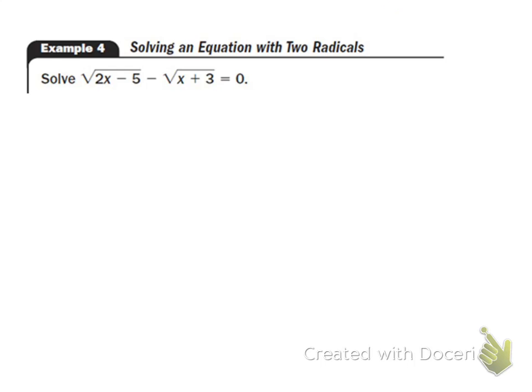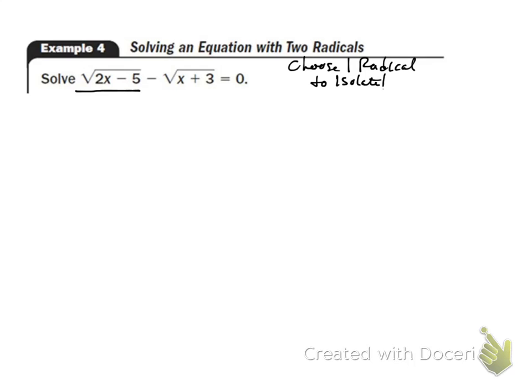Example 4. Here, I have 2 radicals. This is where you have to make a choice. Your first job is still to pick, and let's write this down. What you're going to need to do is choose one radical to isolate. Now, sometimes by doing that, you'll end up isolating both, but let's just say, let's get this guy by itself